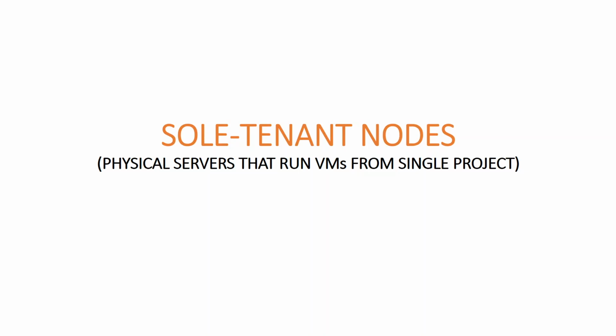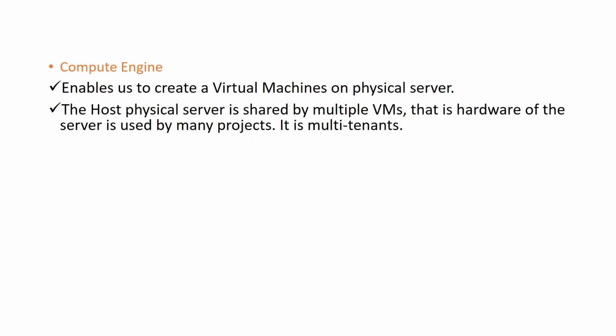Now let us move ahead and look at it in detail. Compute Engine is one of the services of GCP. It enables us to create virtual machines on a physical server. The host physical server is shared by multiple VMs. That is, the hardware of the server is used by many projects. What it means is that when we create a virtual machine using Compute Engine, the virtual machine gets hosted on any of the available physical servers. There is no such rule or mapping between the virtual machines and the physical server. So we may have a physical server which has virtual machines from multiple clients, and such a scenario is known as